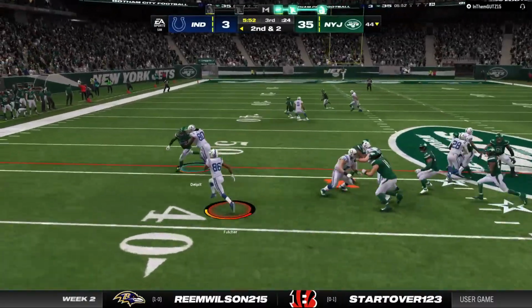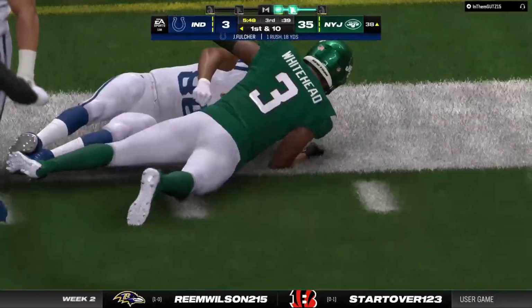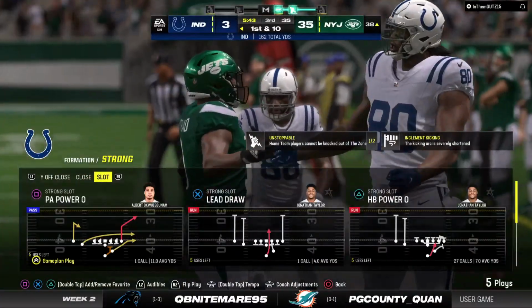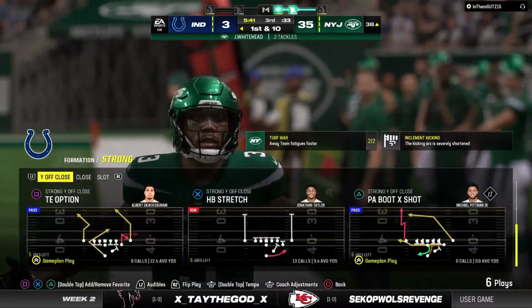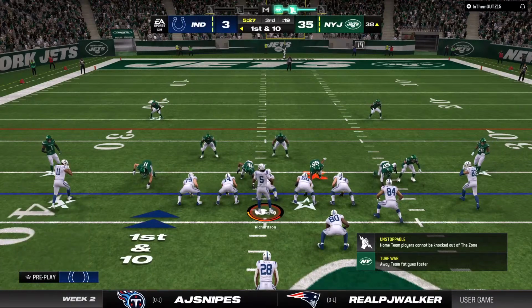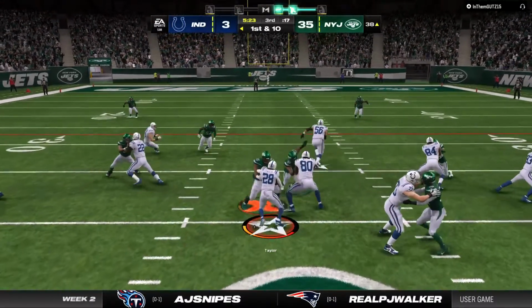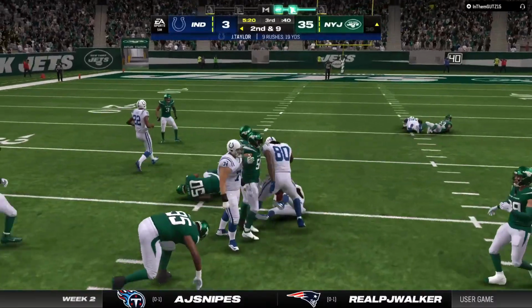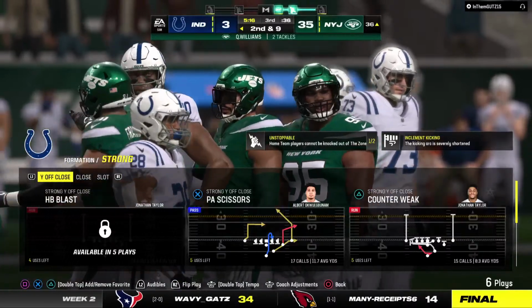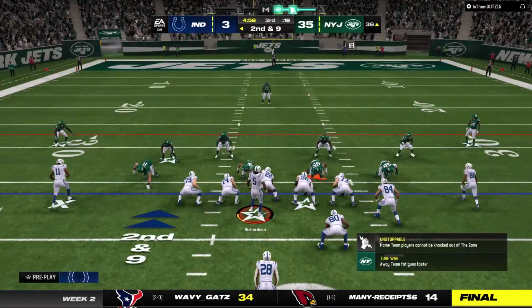They'll try a little trickery here on the end around. Room here to run. And they'll get him down as he's inside the 40. Good yardage there for the Colts. 18 and a first down. And while we're seeing more and more of these plays come from the college game into the NFL, and that one was run with great success, how about the evolution of the offensive linemen? We're seeing less and less big guys who can't move, and more guys who are a lot more mobile and can get out in front of that type of a play. Just a yard on the first down carry, so it's 2nd and